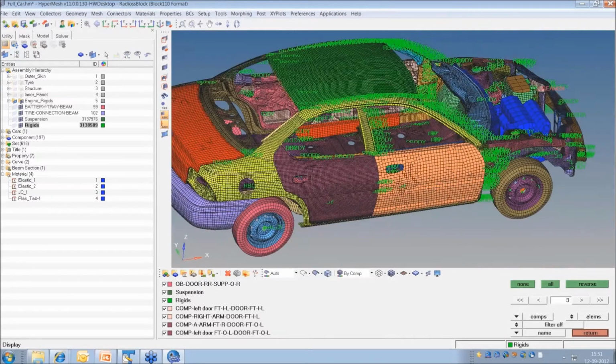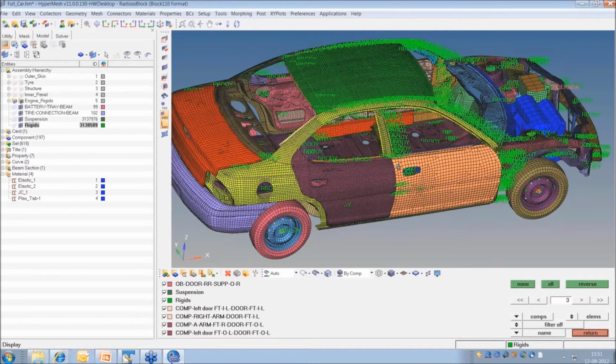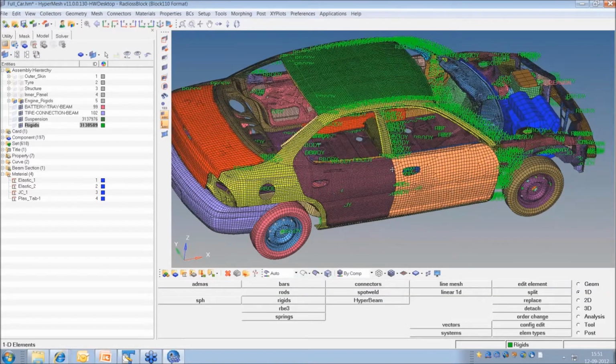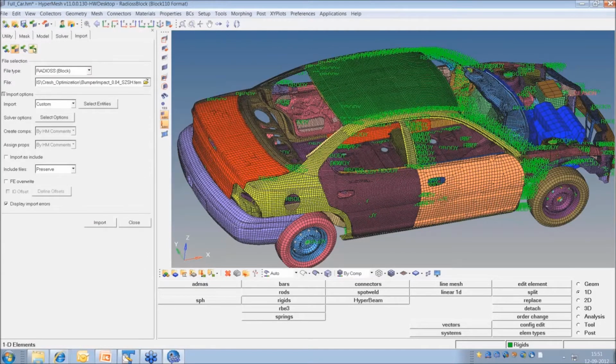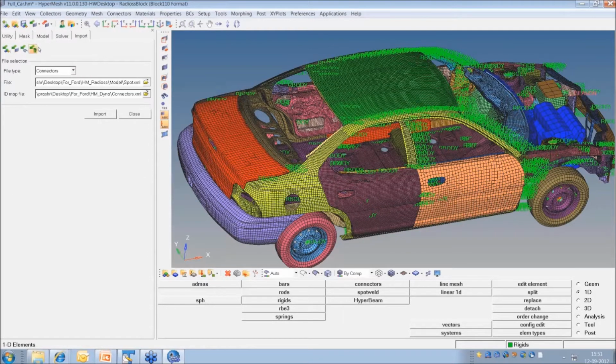So normally you will be having the spot weld file. It may be in many formats. So here I am trying to import one such spot weld file. Import connectors.